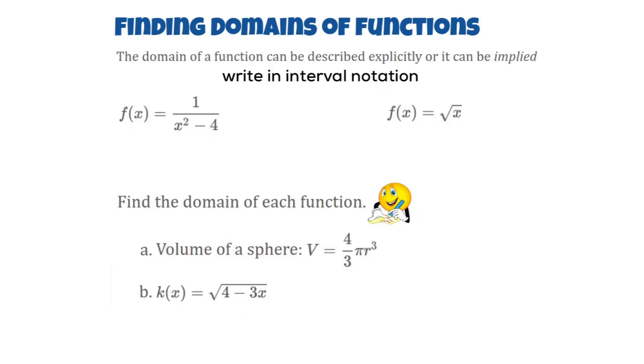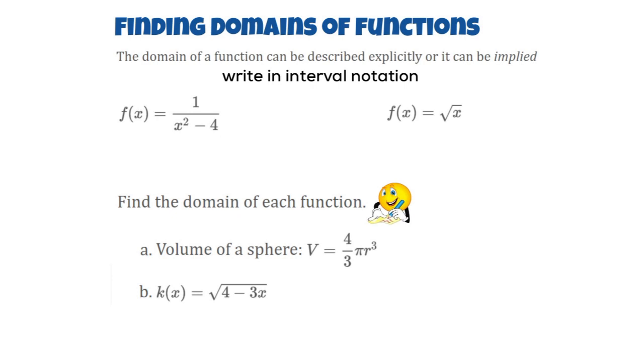All right, as I said, we're just going to hit on some efficiencies and some kind of random topics in all honesty. Okay, so here we're talking about domain. We deal a lot with domains. On our first day when we did our toolkit, we were doing the domains, and algebraically, when you look at domains, you're looking at a couple situations. Many times your domain is just all real numbers, anything you want. But there's 2 scenarios that you have to be careful on, and it's fractions because you do not want your denominator to be 0, and radicals because you don't want to end up with a negative inside there